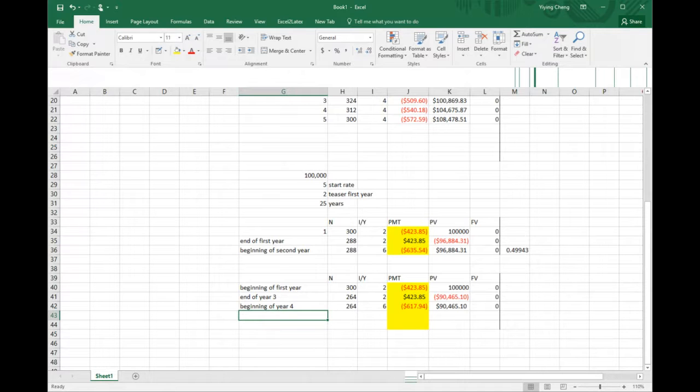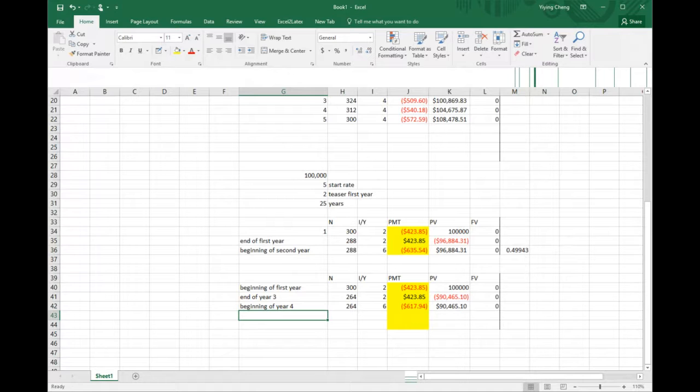You have 264 left. So with that in mind, if the first reset is after 3 years, then the first 3 years will all be the teaser rate of 2%. Then you're going to use the same payment to calculate the outstanding balance,